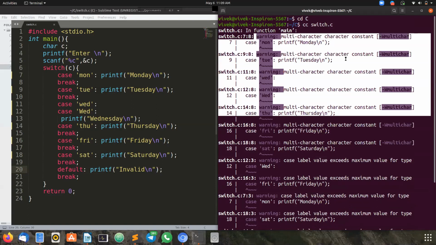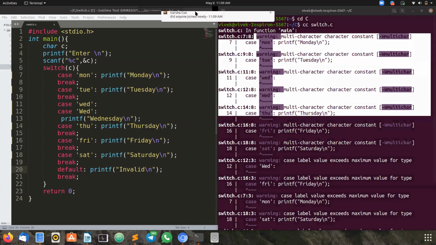We have 6 case labels, so we got 6 errors. Multi-character constant means the case label is expecting only a single character. Can you see the screen which I have highlighted?